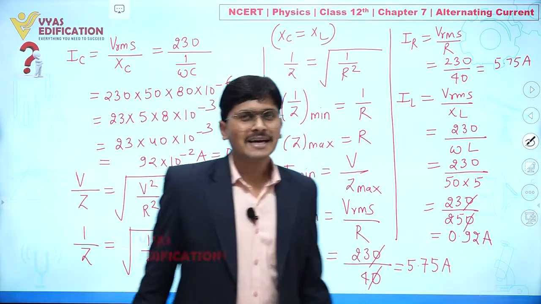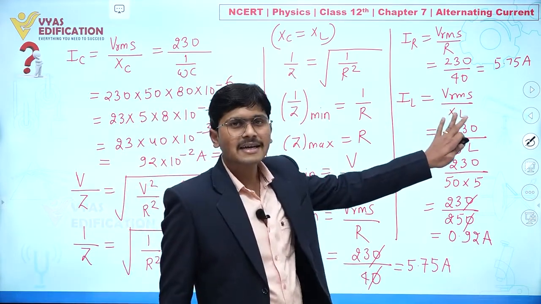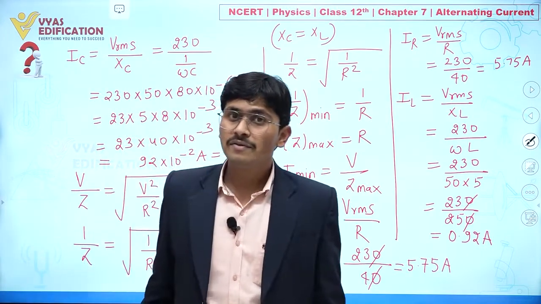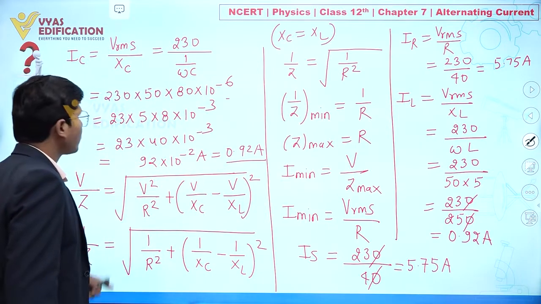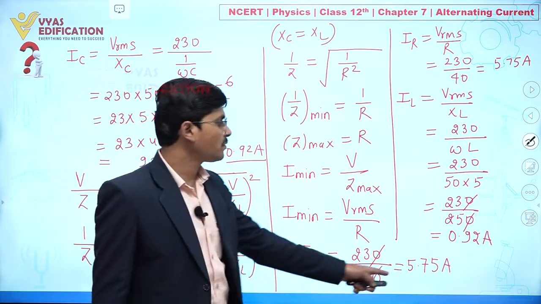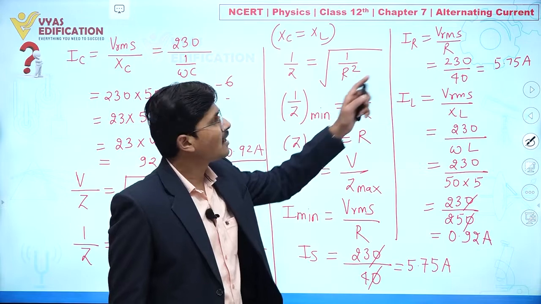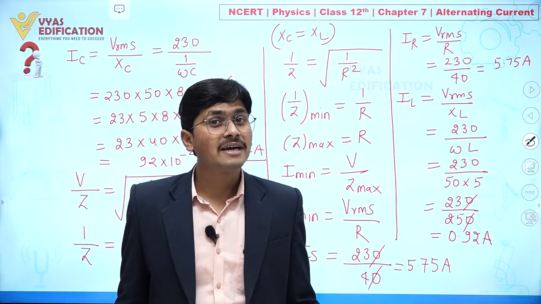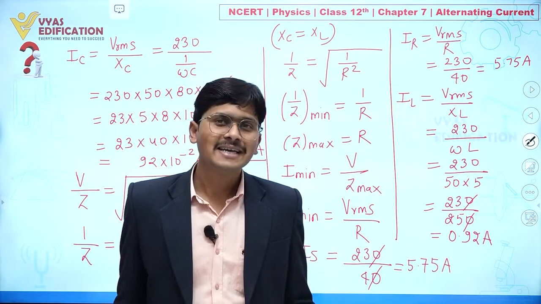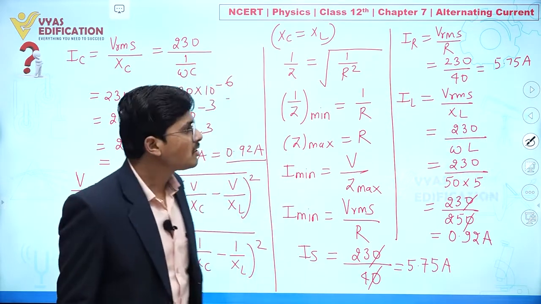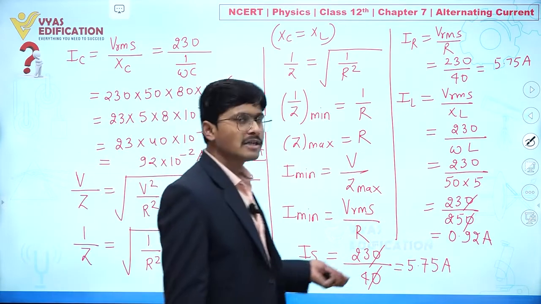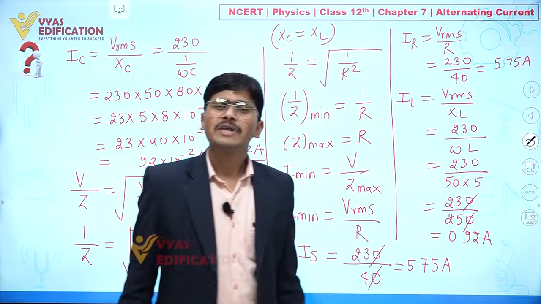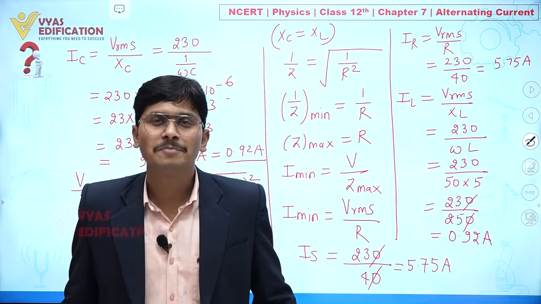Now you can say current flowing in an inductor and current flowing in a capacitor is same, clear, and we are also getting value of net current, 5.75, this is same as current that is flowing in a resistor, clear. It means we cannot apply IS equal to IR plus IL plus IC, yes or no? Now you can say, sir, when all the current is going through resistor, then from where are we getting this current? Actually current is flowing in every component,